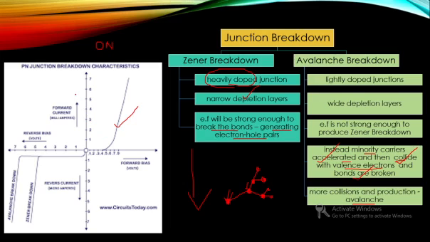You can see it is in the milliampere range, while in the case of reverse current it will be in the microampere range for germanium, and for silicon it would be in the nanoampere range. So here you can say the reverse current of silicon is 10^6 times smaller, and the reverse current of germanium is 10,000 times smaller.